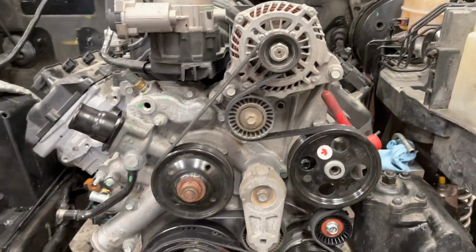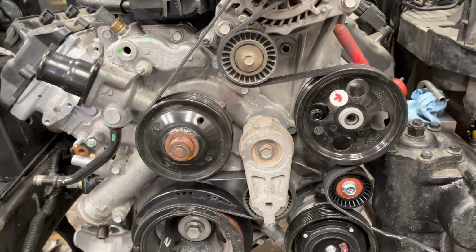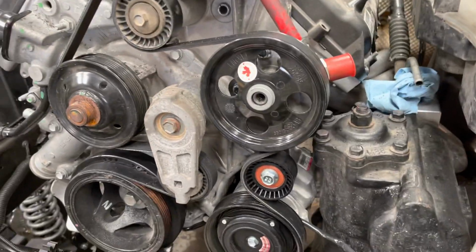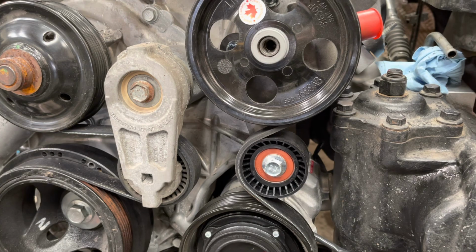Best to do it now, like this Jeep, when there's no front end, so there's no water pump or radiator and so on in the way. So all right, this video is to show everybody our pulley setup to get the belt away from the big bore